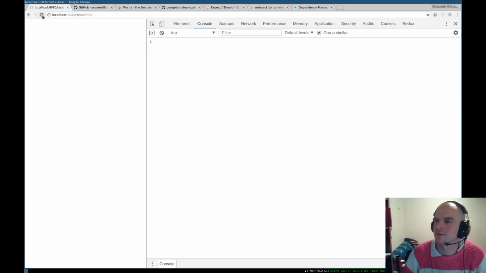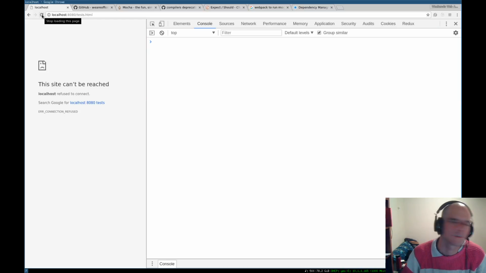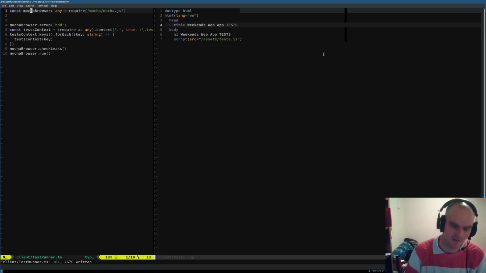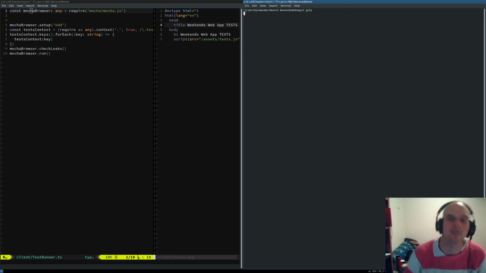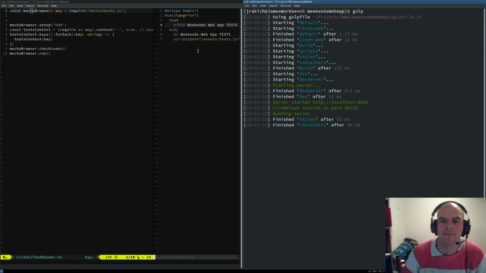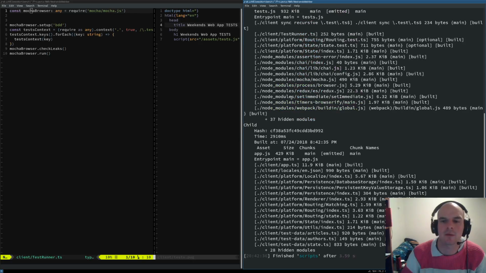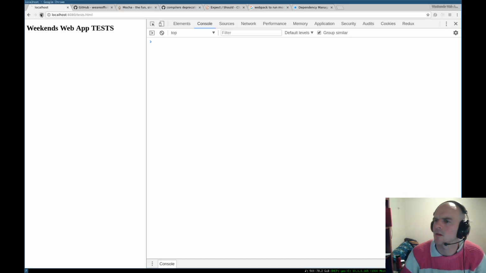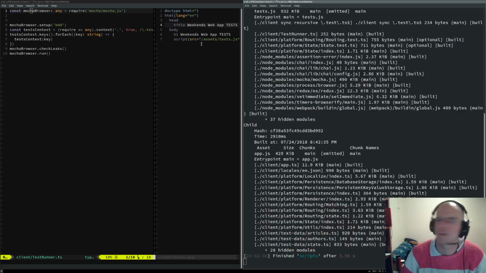This will probably run into troubles too. I just done crashed the browser by the looks of it. Oh, of course, I accidentally closed it. My bad. All right. Now, Webpack might not appreciate that. It seemed to do it all right. And it seemed to pull it in all right. You can see that there. Mocha browser setup is not a function.